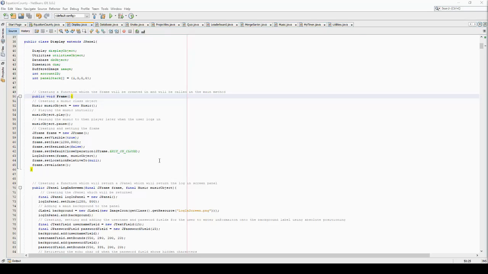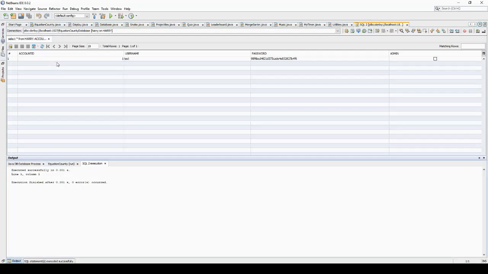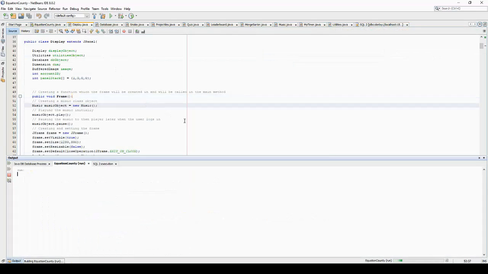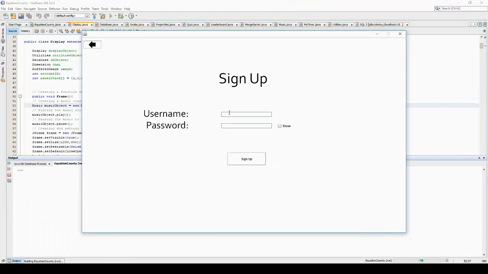This is the first testing section in which I will be testing the account creation segment on the register screen. If we go onto the data in the account table, you can see there is one account created under an automated account ID under the username test. If we run the application and go to the sign up screen or the register screen, and we run the